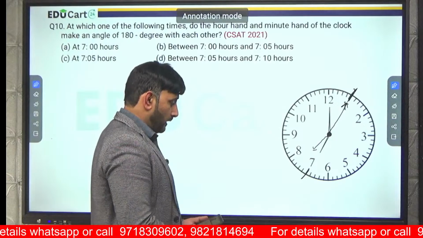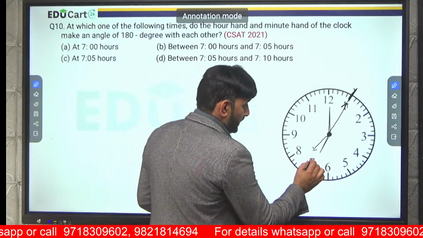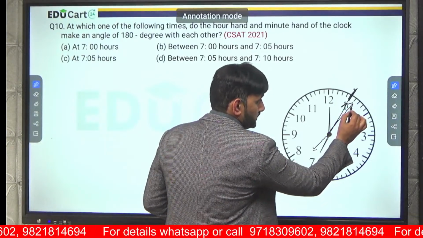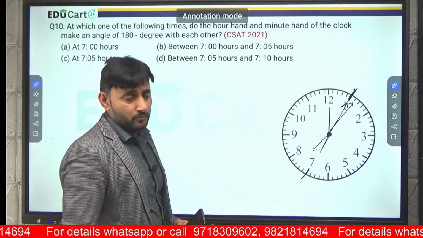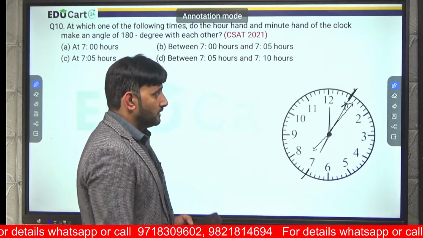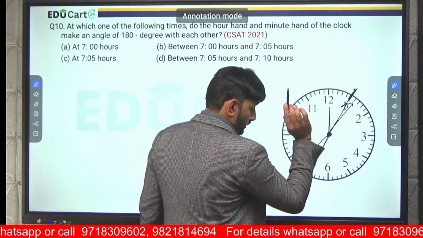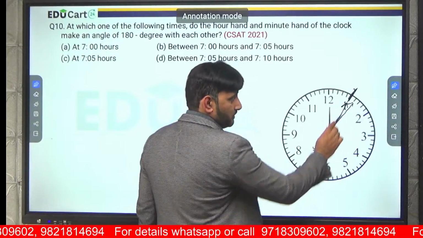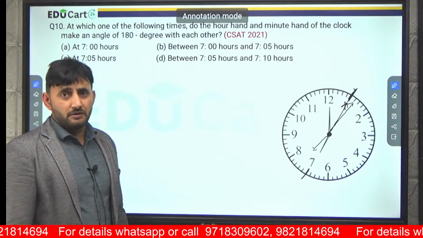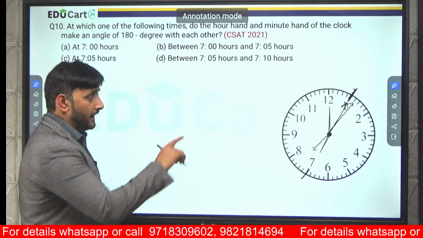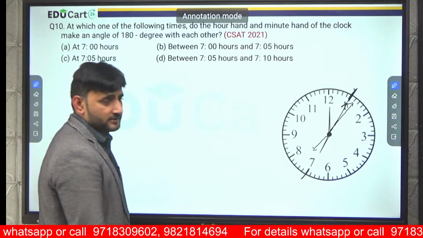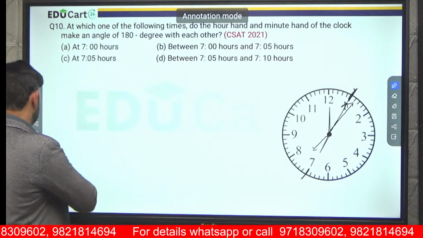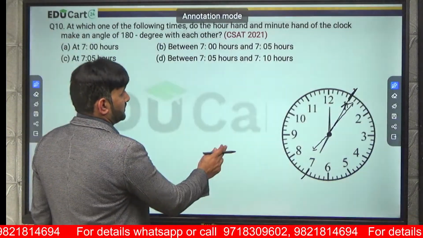Fine. If the hour hand is slightly ahead of this, then to get 180 degree angle, minute hand has to move a little further apart. है ना? थोड़ा सा आगे move करना पड़ेगा. So in that case, what is the time? No, it has to be slightly ahead of 1. So it is between 1 and 2. If it is between 1 and 2, then time has to be after 7:05 and before 7:10. Okay, my dear, clear है? आगे बढ़ते हैं.